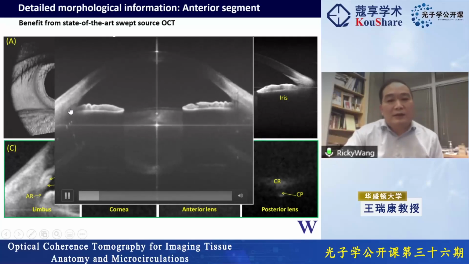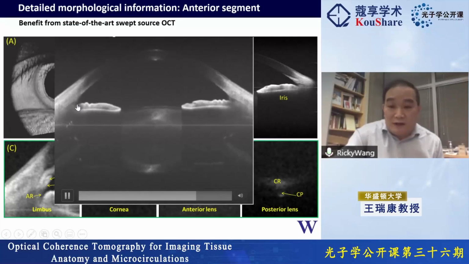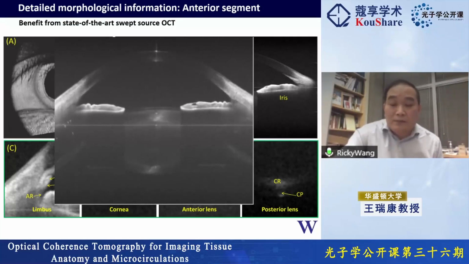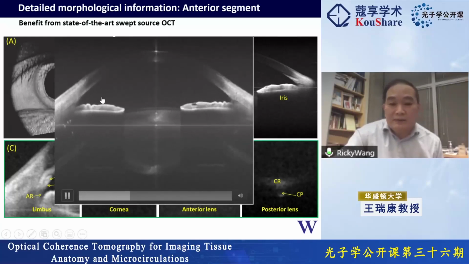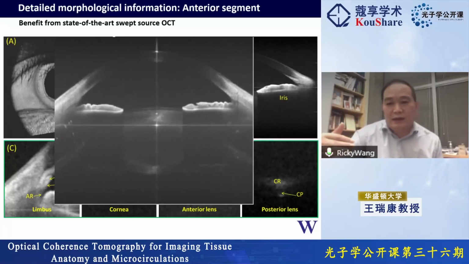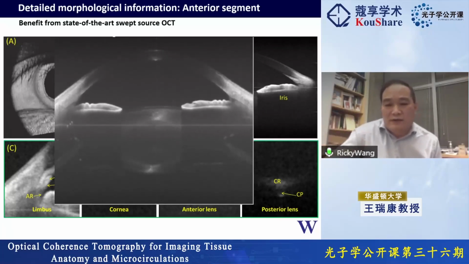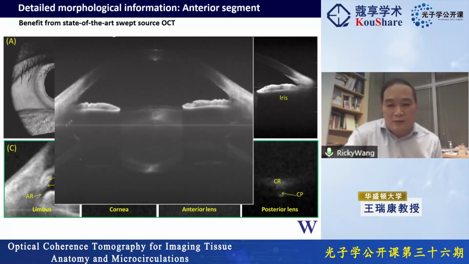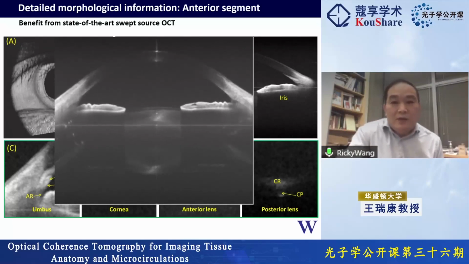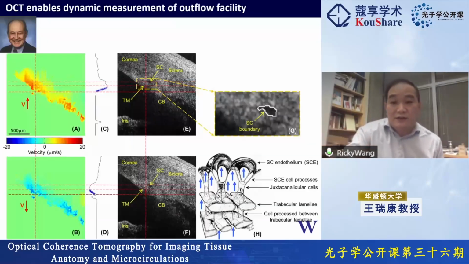So now, you can imagine that if this machine is malfunctioning, and it cannot pump the liquid out from the chamber, then your pressure will build up in the chamber. If the pressure builds up, it will damage the nerves at the back of the eye, and you will lose the vision. Okay, so that's clear. That has huge implications in glaucoma research. Yeah, and with very fast OCT imaging systems, you can look at this function of the trabecular meshwork